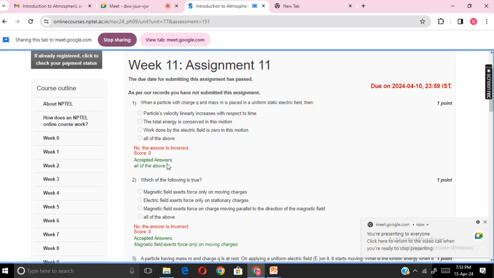The total energy is conserved in this motion. Work done by the electric field is zero in this motion. All of the above. So the question is,